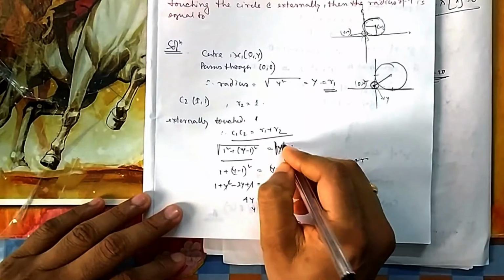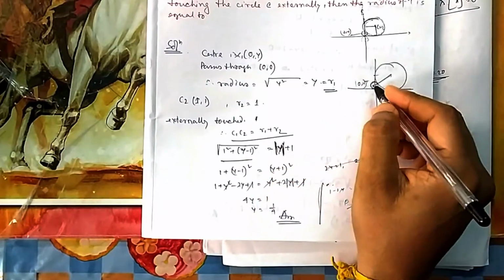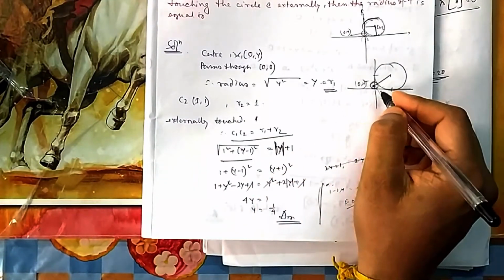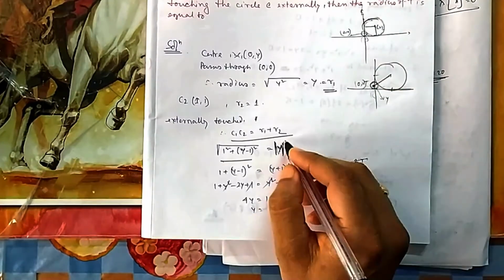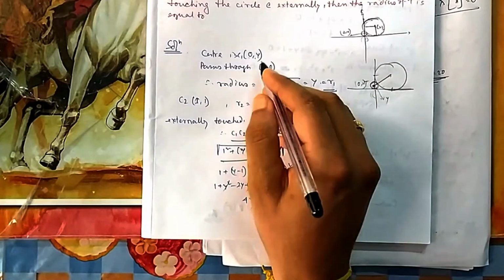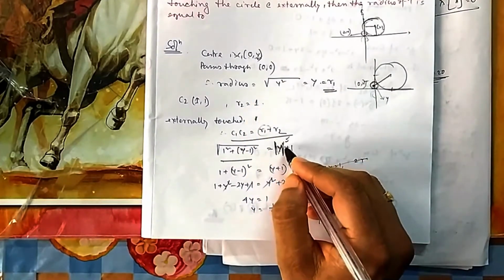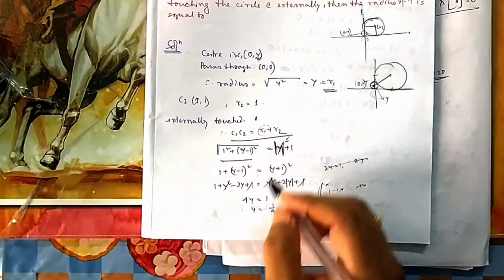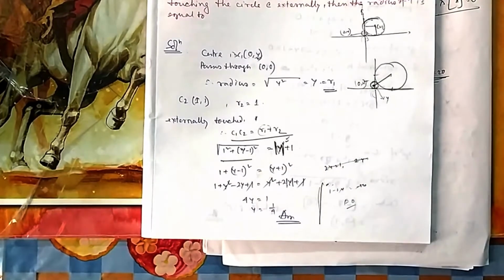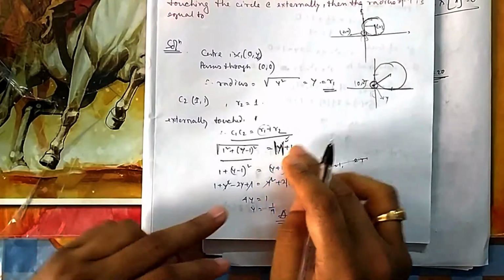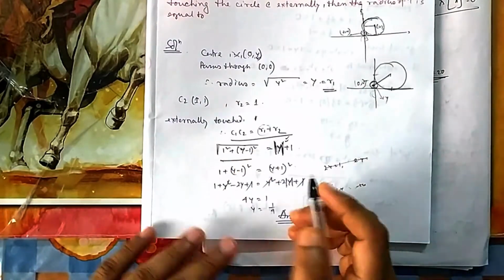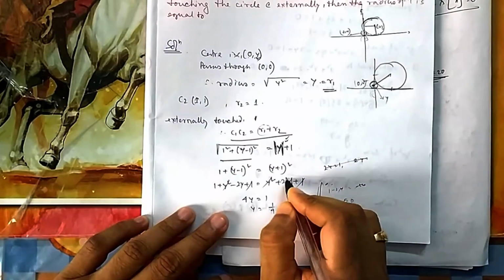So you will get both the answers if you are missing one also, because this y can be positive or negative. Here you can say it is positive because it cannot go this side from the drawing. But you make a habit to take radius because y is a coordinate. So in case of radius you take mod of that coordinate, because radius cannot be negative, coordinate can be negative. From the figure you can say it will never go negative. So for this question, if you don't take mod also, that will be fine. But you take mod, make this a habit.